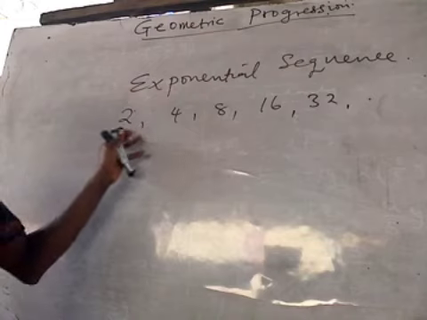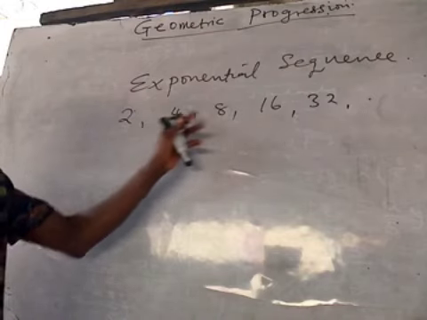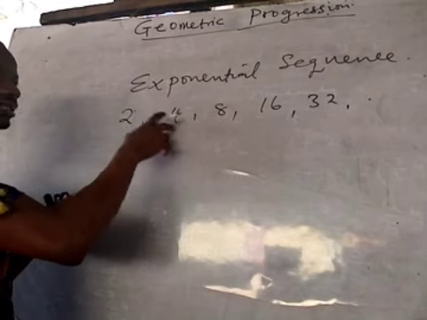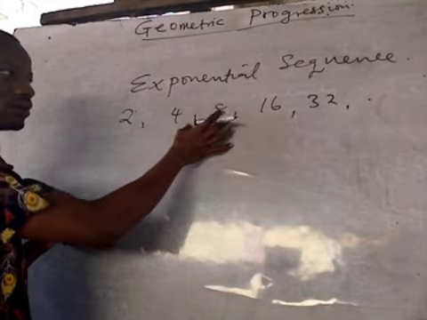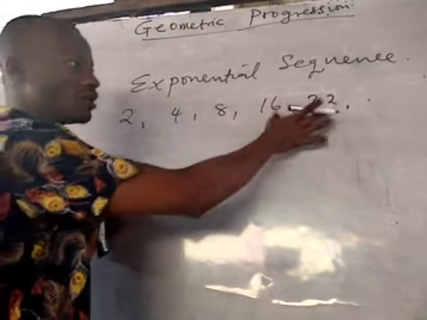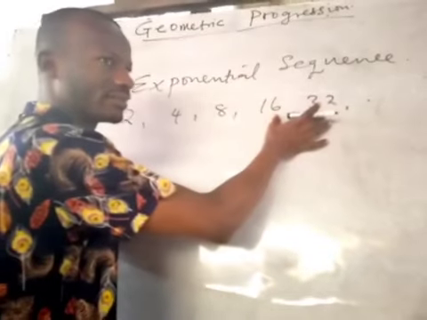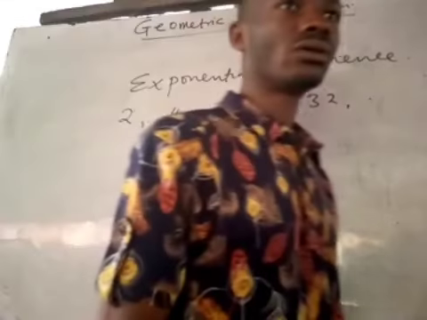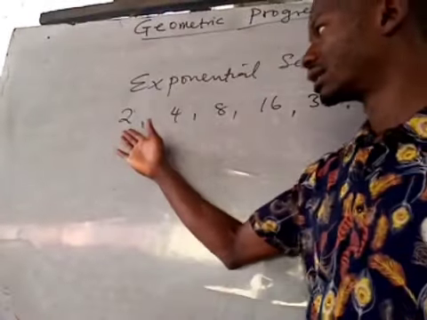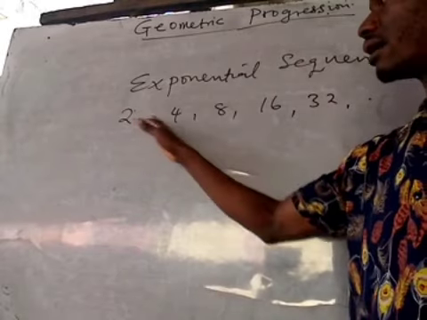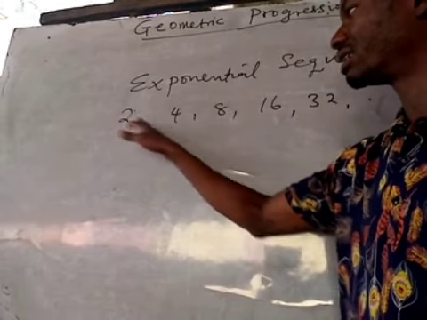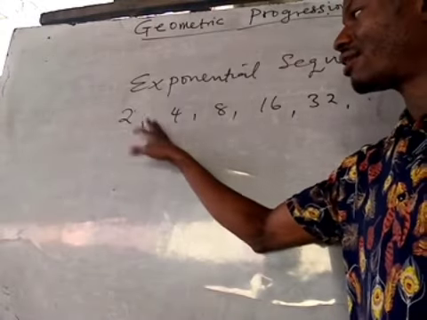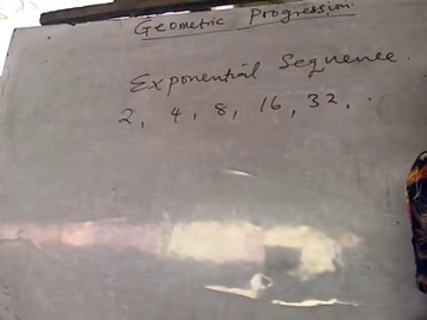You observe that there is a relationship between the consecutive terms of the sequence. When I talk about consecutive terms, I mean maybe the first term and the second term, or the second and third, or third and fourth, or fourth and fifth. Consecutive pairing, one after the other. If there is something relating the consecutive terms, such that they have the same ratio,